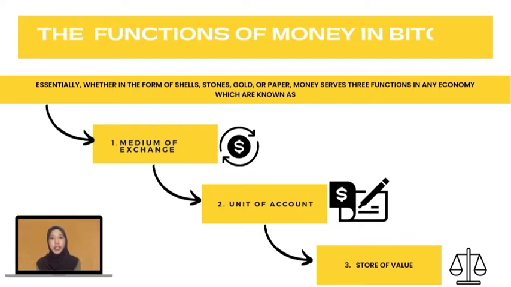First of all, money acts as a medium of exchange, which means it is an intermediary between the buyer and seller. It is a system that allows items to be exchanged. For example, currency is the most widely accepted medium of exchange that all parties accept as a standard for settling